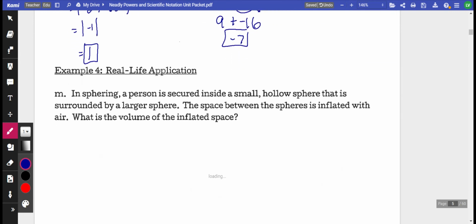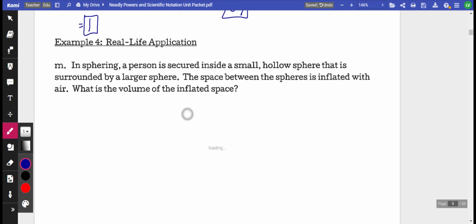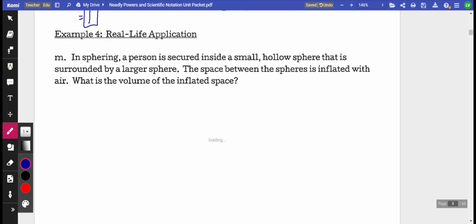So, real life application. In sphering, a person is secured inside a small hollow sphere that is surrounded by a larger sphere. The space between the spheres is inflated with air. What is the volume of the inflated sphere? In the inflated space. So let's go ahead and create